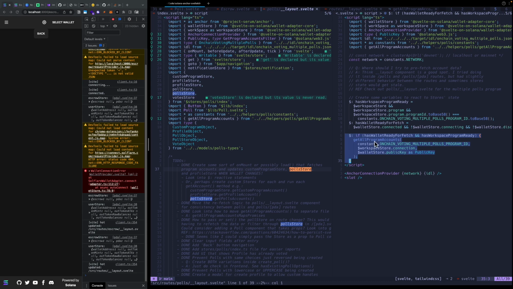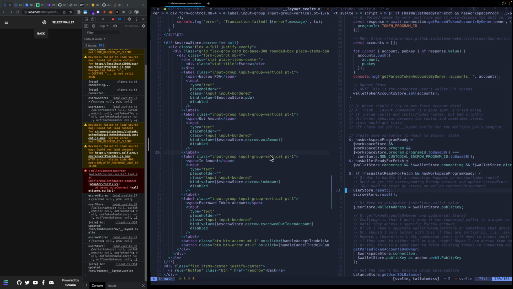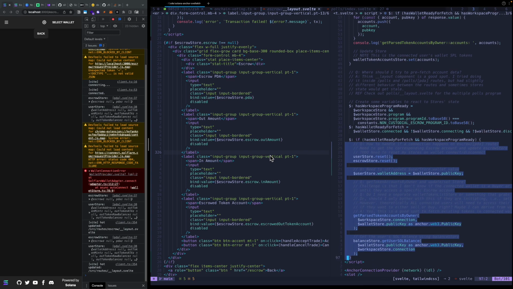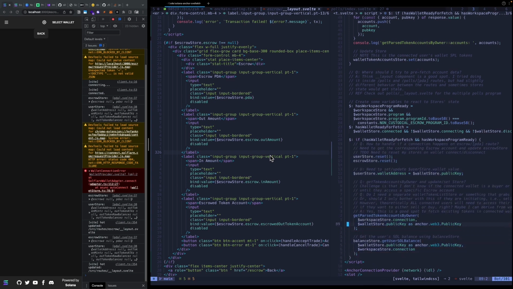And it also is resetting all the stores before updating them again. So that is helpful for my purposes, because essentially I'm not doing that here. I'm fetching token accounts for the connected wallet,